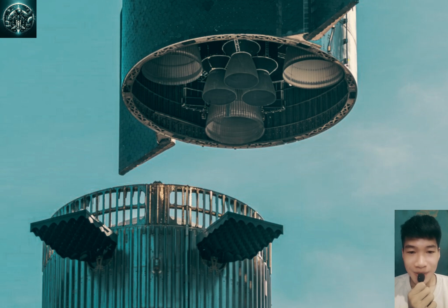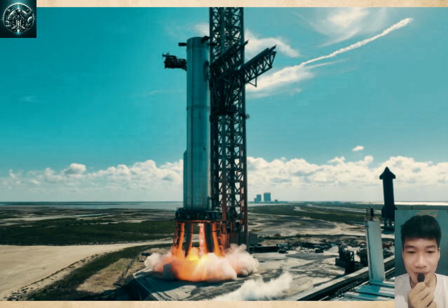Successfully achieving this will mark a significant milestone in Starship's development, demonstrating SpaceX's ability to land and reuse rockets. It'll also validate SpaceX's choice of using the chopstick system over other potential solutions. In addition to upgrading the current launch tower, SpaceX will also be advancing the construction of a new launch tower